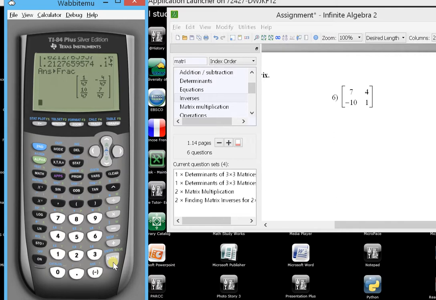Okay, the final thing I'll talk about in this video, and honestly, if you have to find the inverse of a 3 by 3, the calculator is the way to go. If you go off to a higher level math class, they'll show you methods to do that, but yeah, the calculator is so much easier. Inverse of a 2 by 2, you can do by hand, whatever, but 3 by 3 is so much easier to use a calculator. Final thing I want to show, if you look at the matrix menu here,